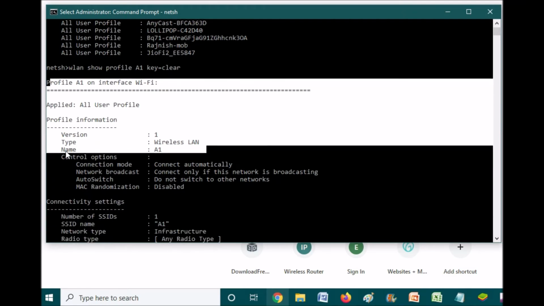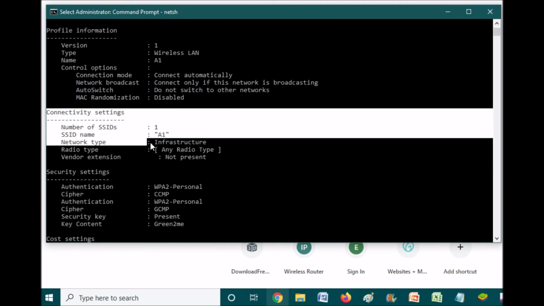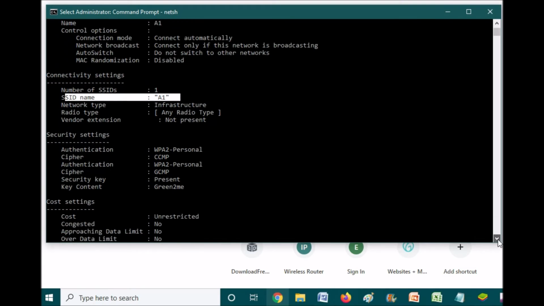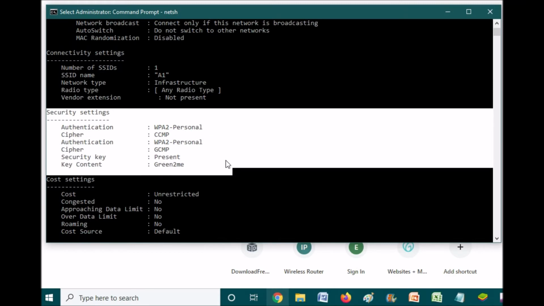If you see the name of the profile A1, go below further to connectivity settings, it shows what the SSID name is. After that, you will see the most important thing, security settings.